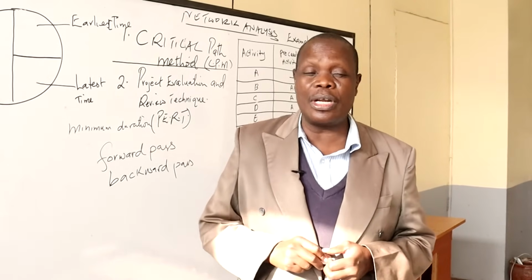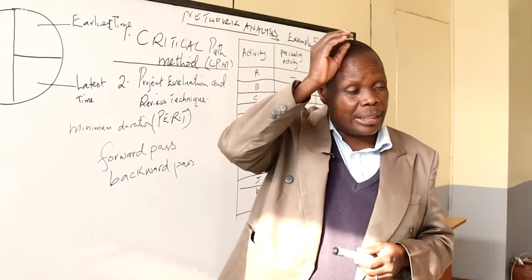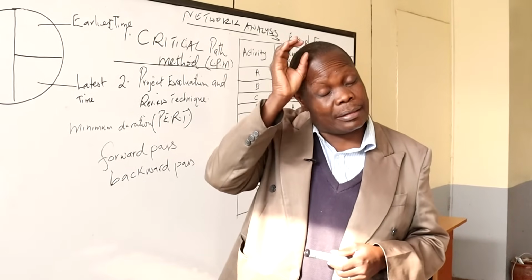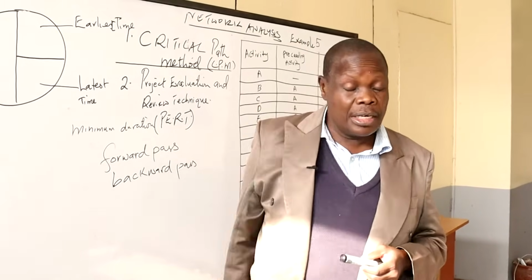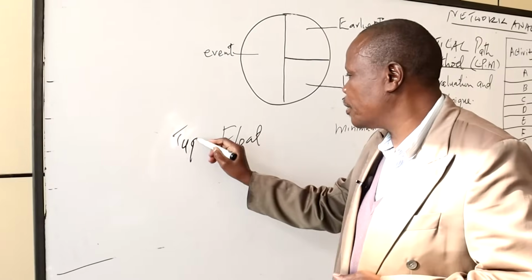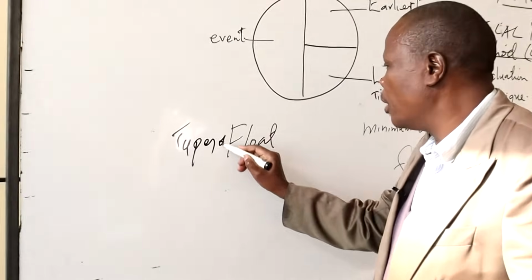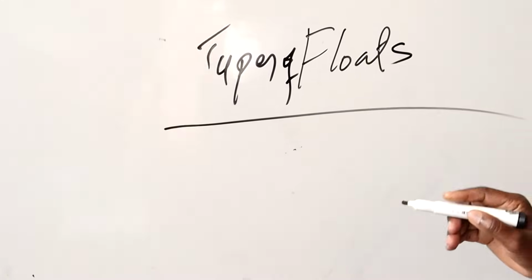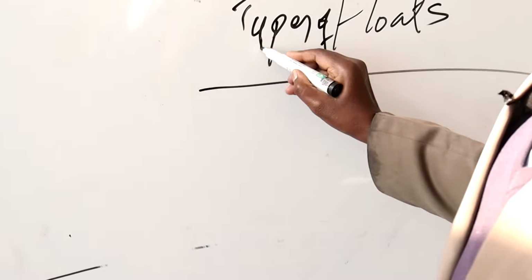That is what is known as float. In fact, under normal circumstances, there are three types of floats. The types of floats are: one,